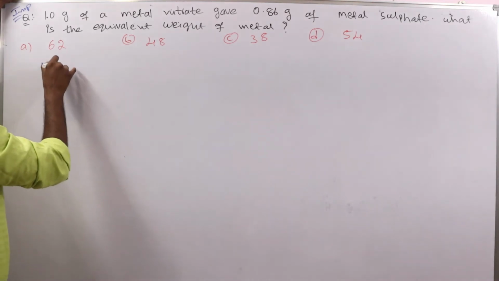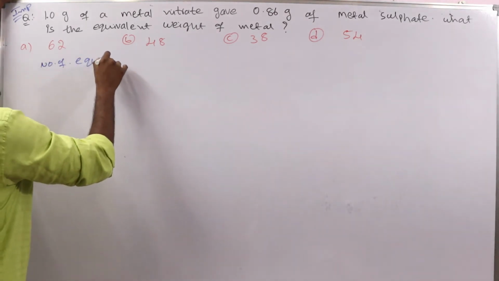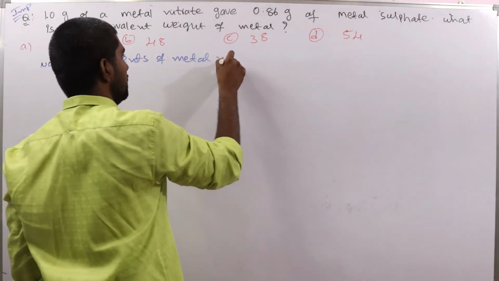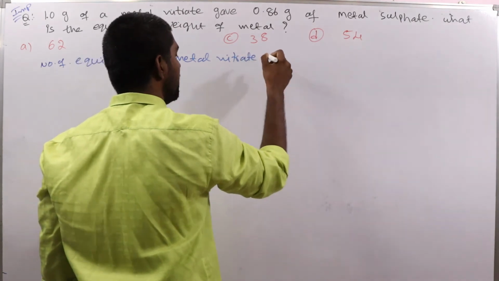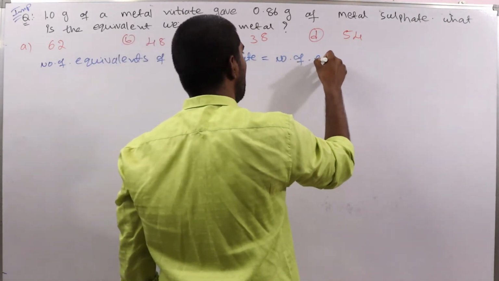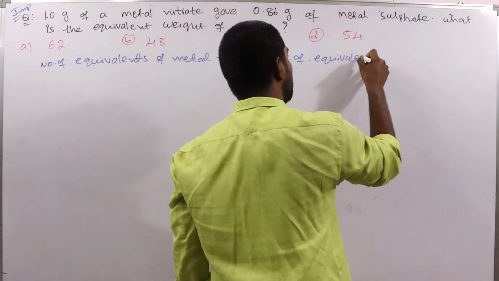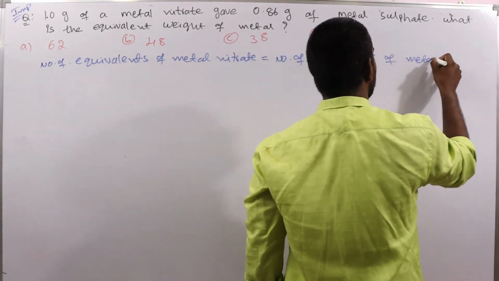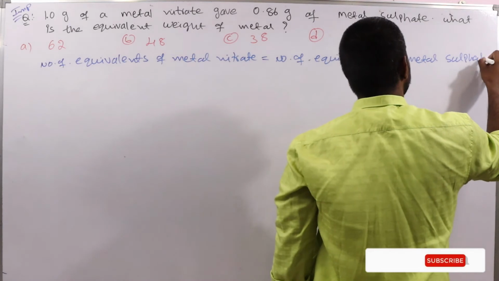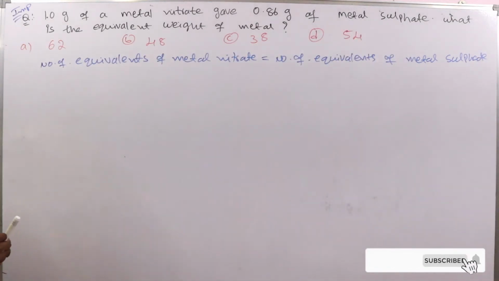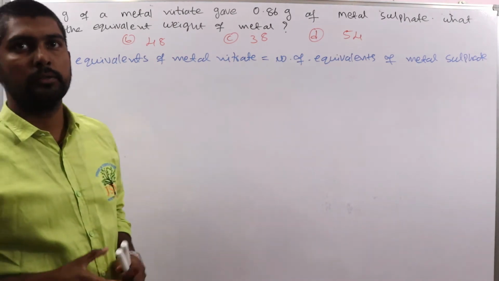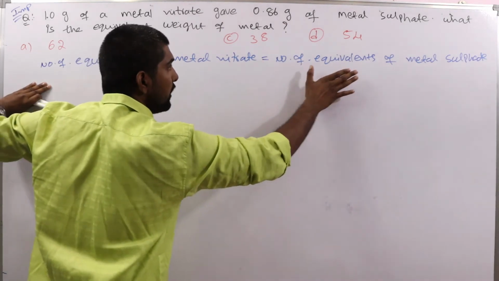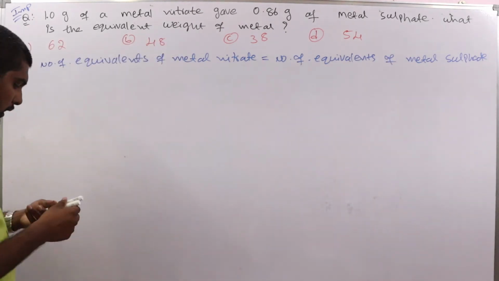Here, number of equivalents of metal nitrate equal to number of equivalents of metal sulfate. Okay, number of equivalents of metal sulfate. Because if you observe this problem, a metal nitrate is giving metal sulfate. So that's why here number of equivalents of metal nitrate is equal to number of equivalents of metal sulfate,